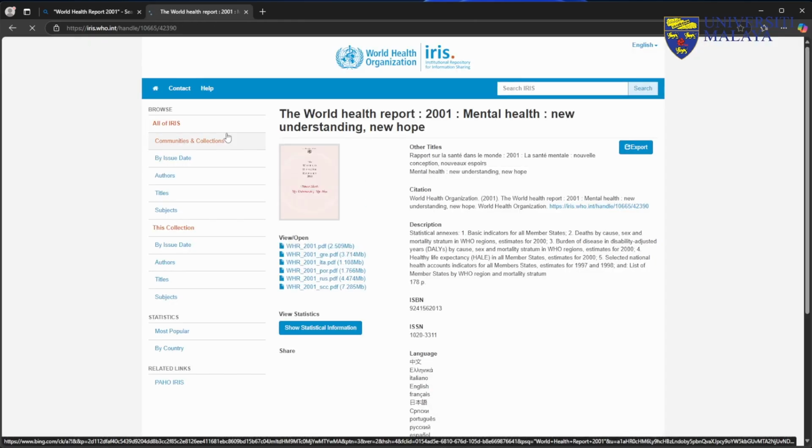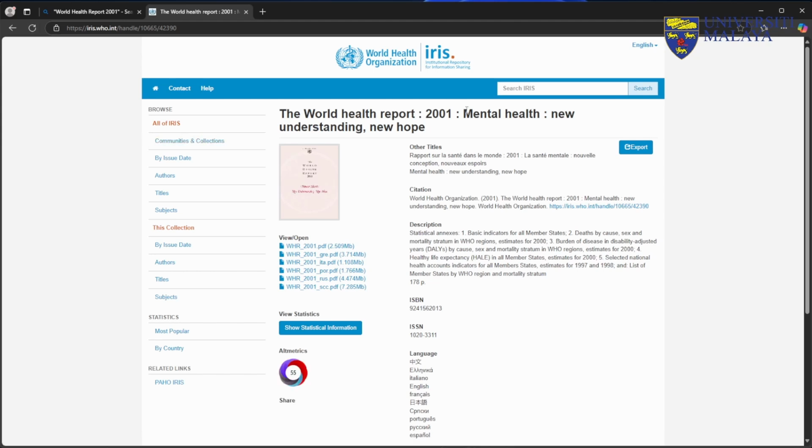So this will be the same thing as what we did just now for the OSHA. So World Health Report. No, this is okay, this is the report title. So we got to look at the book. So this is the citation. We look at the citation. Actually, the World Health Report 2001, Mental Health, New Understanding and New Hope for